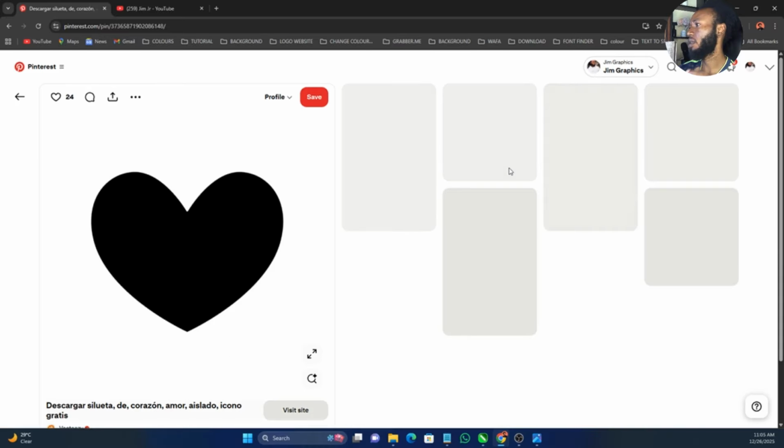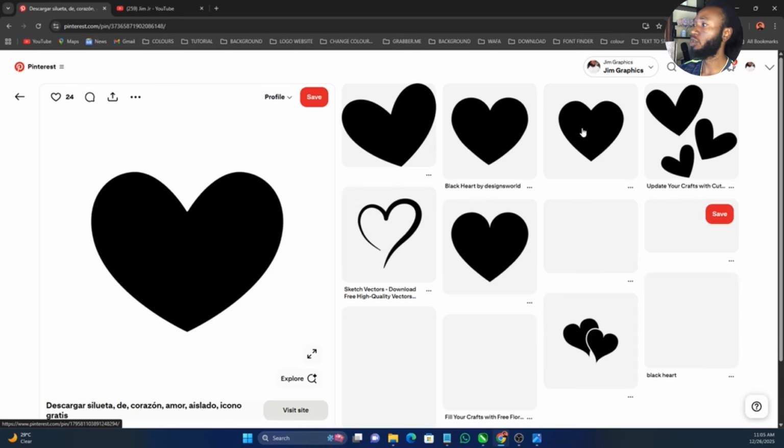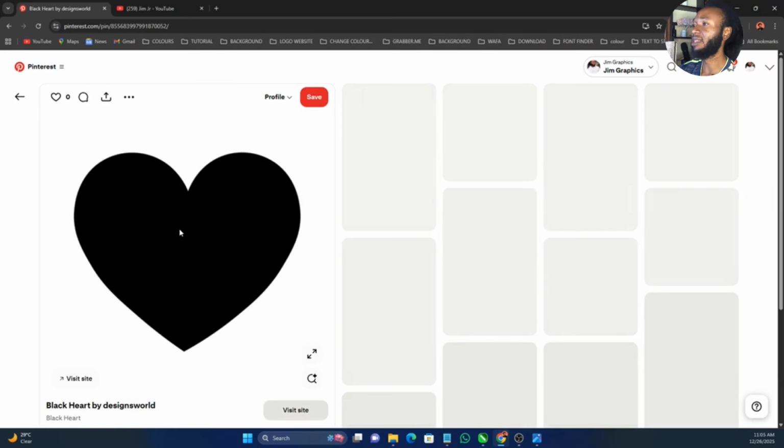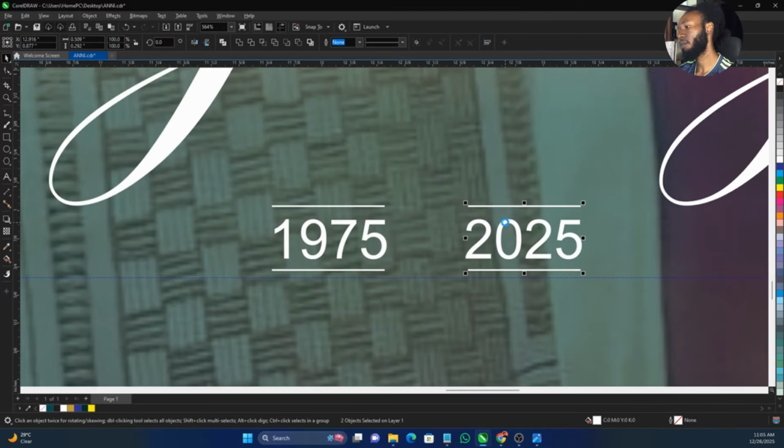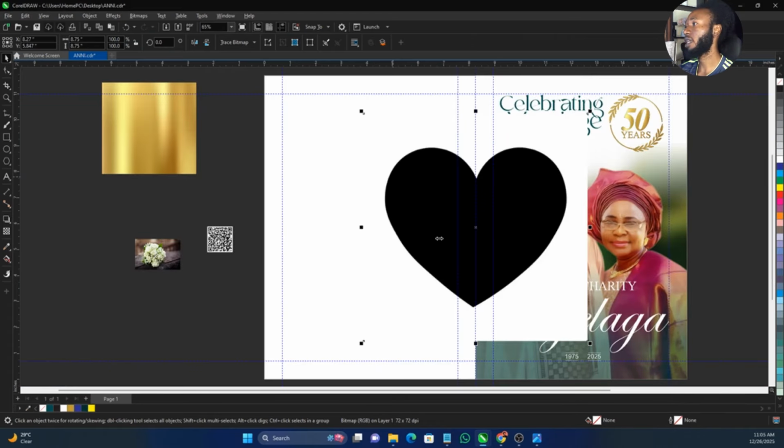Now, you can see I've not gotten what I have. You have multiple options, so you have to select. So I think I like this one. So I'm going to copy by right clicking and coming over here to paste it. So once I do that,